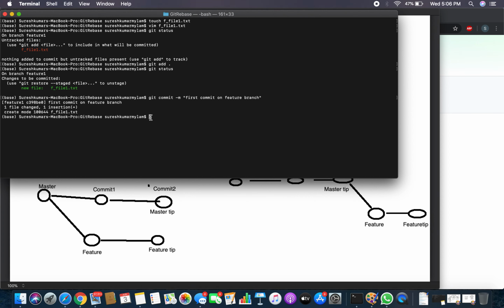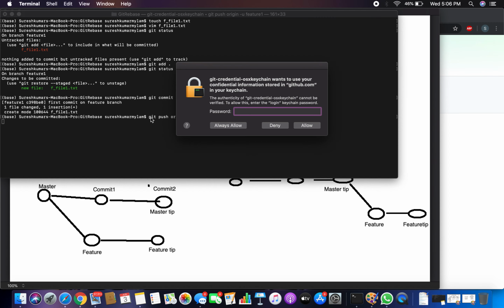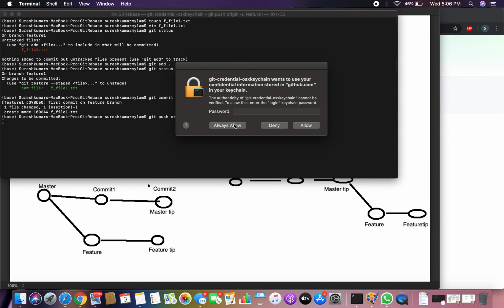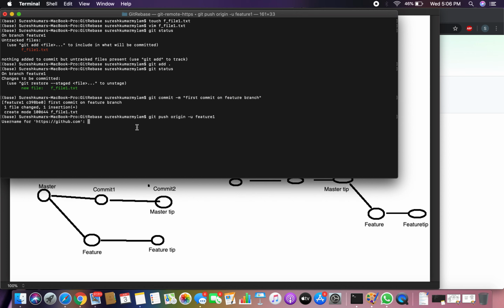Let me push this. git push origin -u feature1. I'm going to give my credentials.